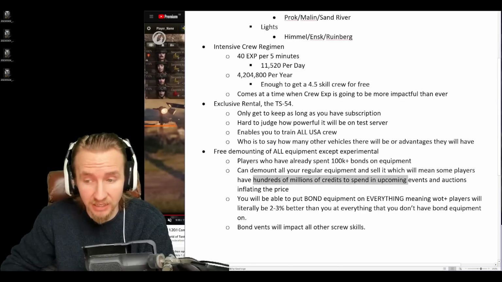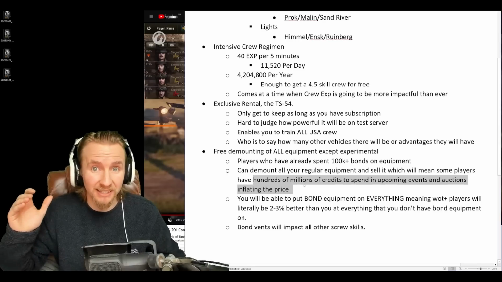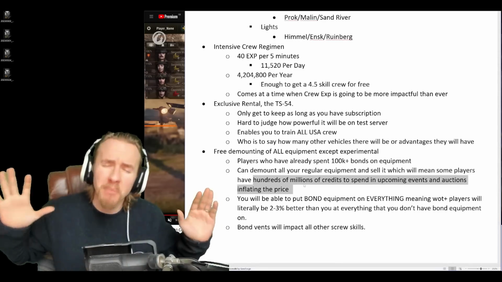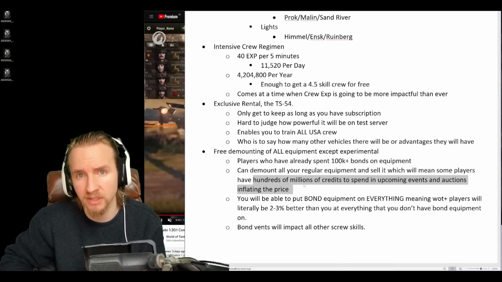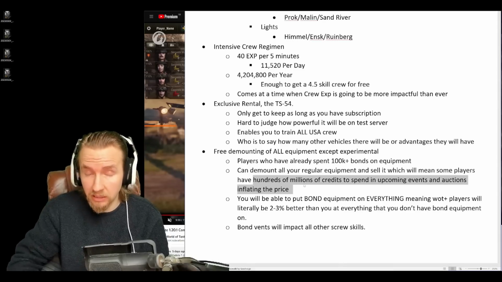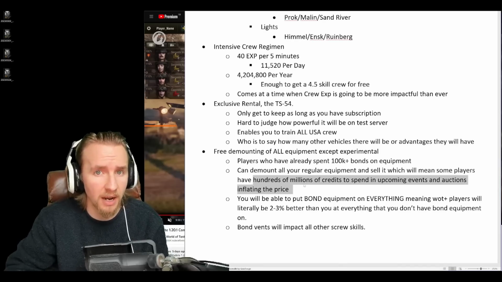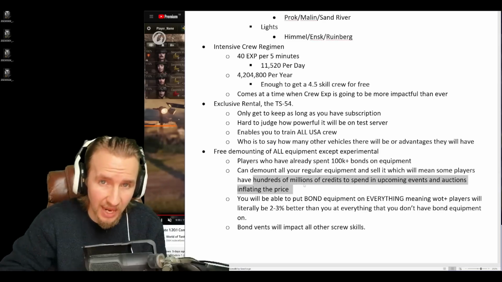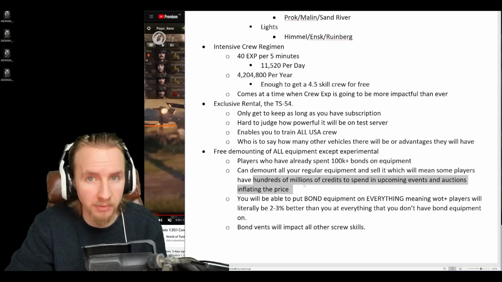they will be able to spend that in upcoming events and auctions, which means that the price of participating in those auctions, at least in the short term, is going to be massively inflated and hugely in favor of the WoT Plus customers. I genuinely wouldn't be surprised to see auction prices in credits going up by at least 25, if not 50%. So if a tier 10 vehicle costs you like 30 million credits now, I think the new price is probably going to be about 45 million credits to be able to get that tank in the short